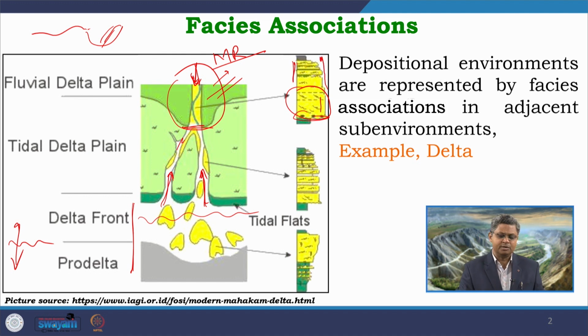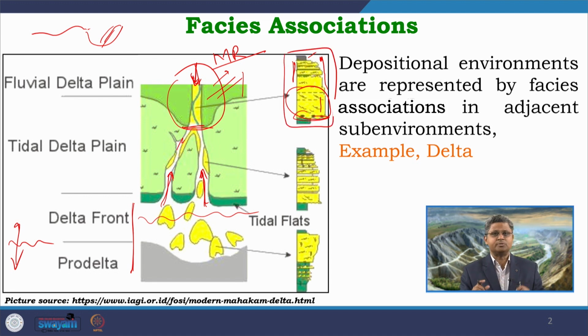alternate sand mud depositions. Since these sand bodies are deposited through flowing water, a current flowing through the channel, we always expect formation of current ripples, asymmetric ripples within the sandstone beds, and they may migrate to produce different types of cross beds, and they get alternated with this kind of mud which is indicative of the flooding conditions. So, in this part of the delta, we get one characteristic package of sediments.